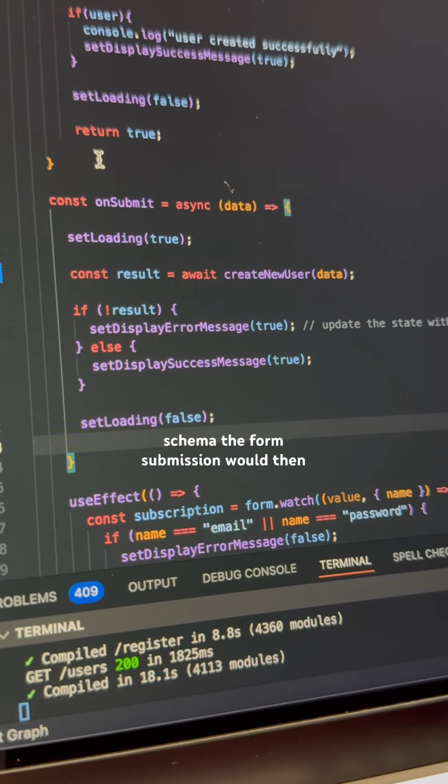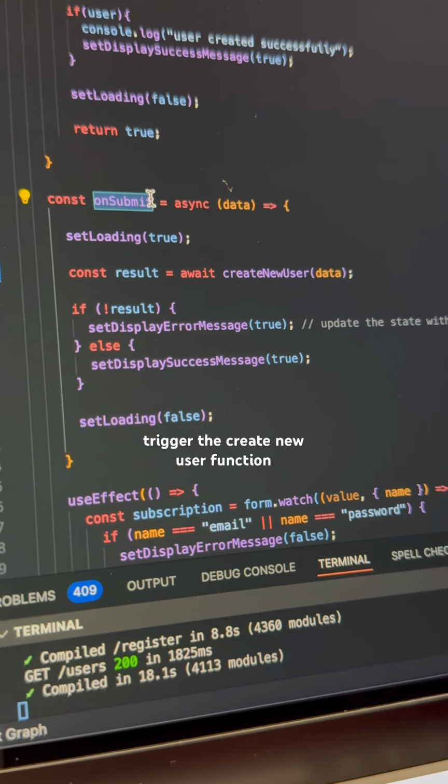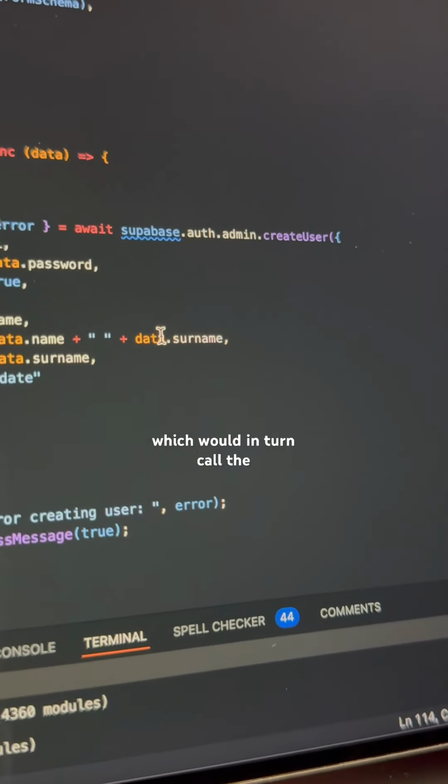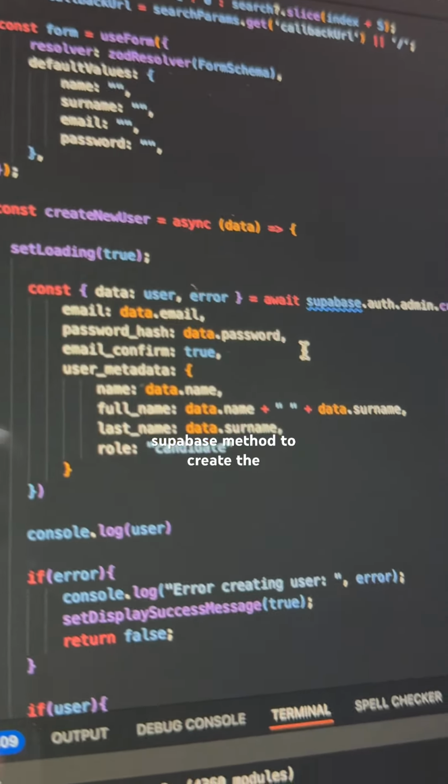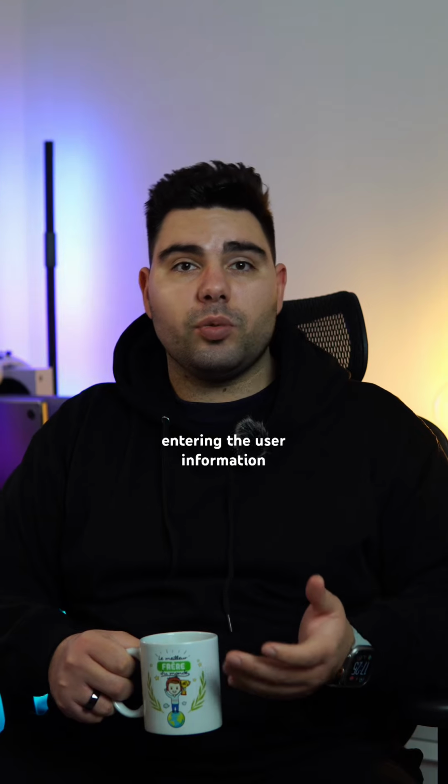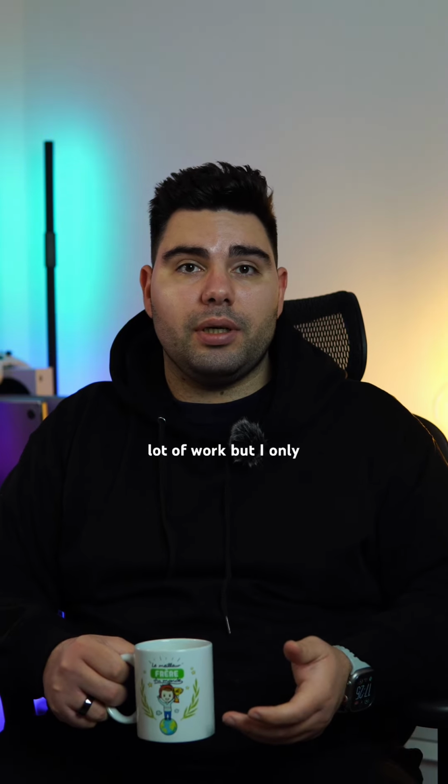The form submission would then trigger the createNewUser function, which would in turn call the Supabase method to create the new user. Entering the user information one by one seems like a lot of work, but I only had to